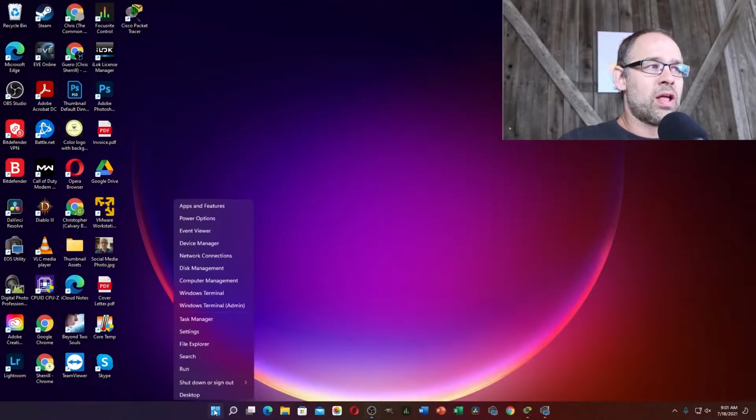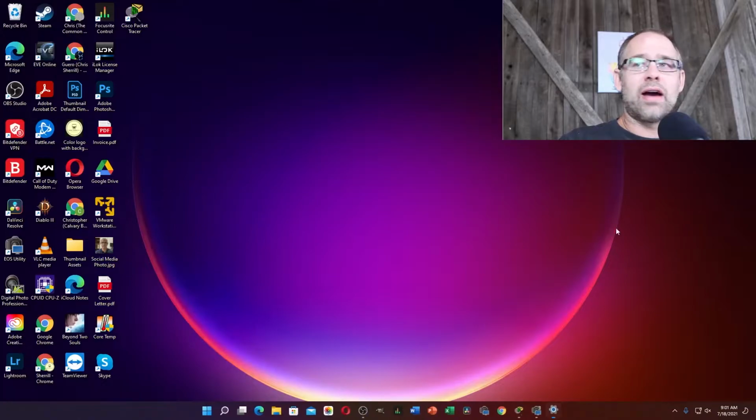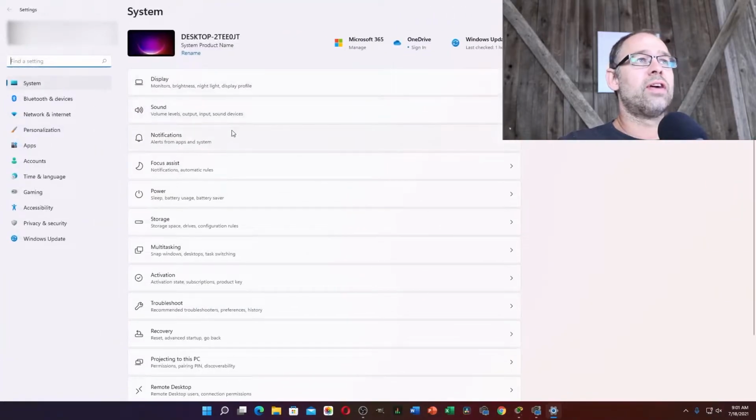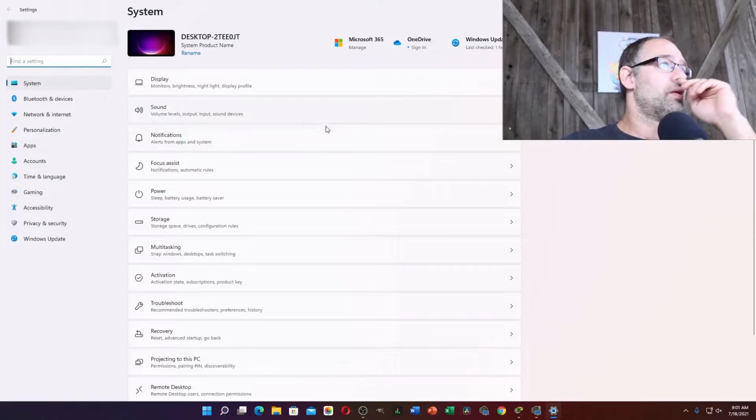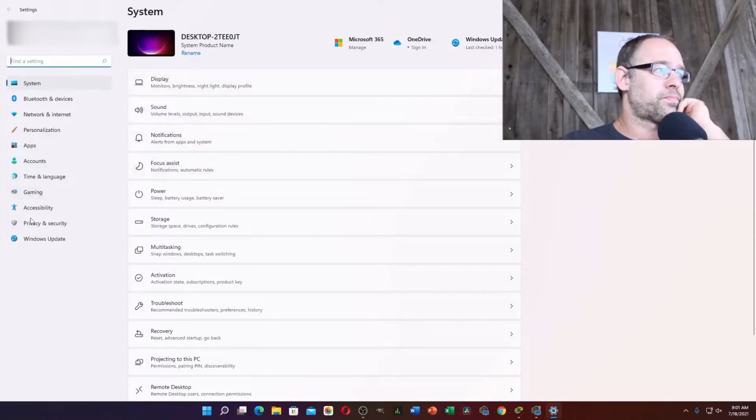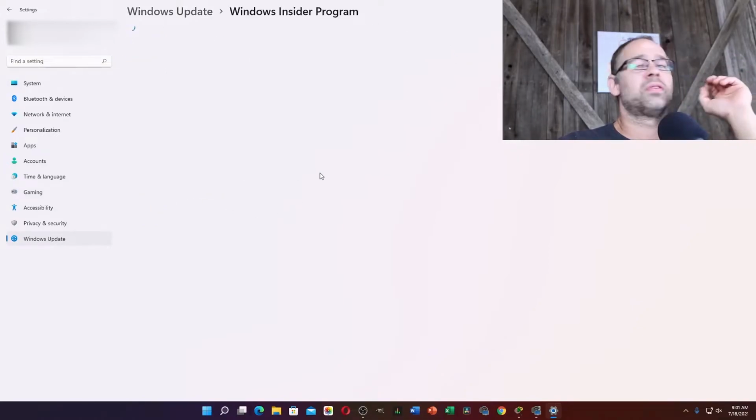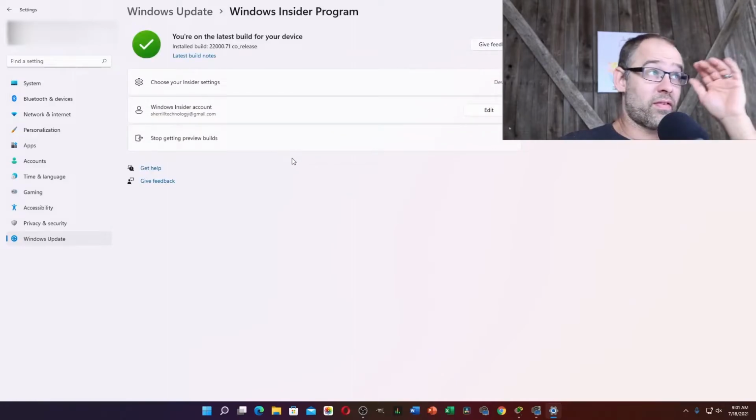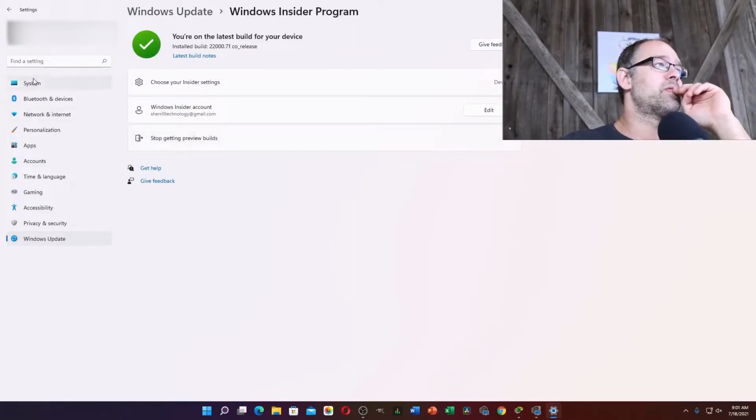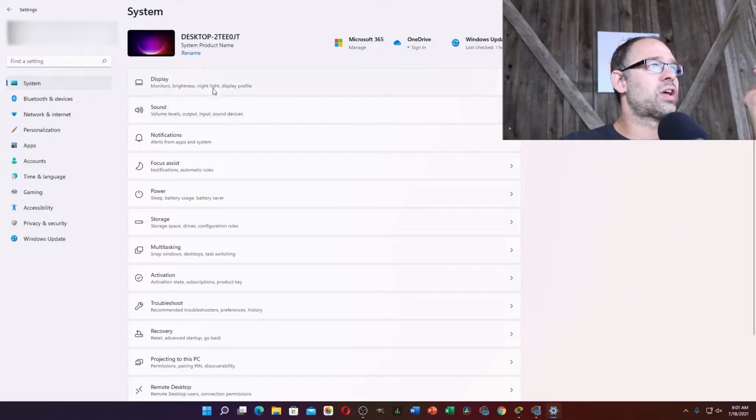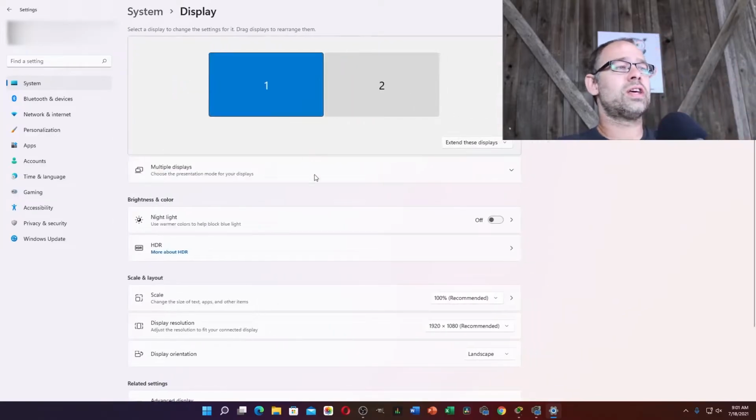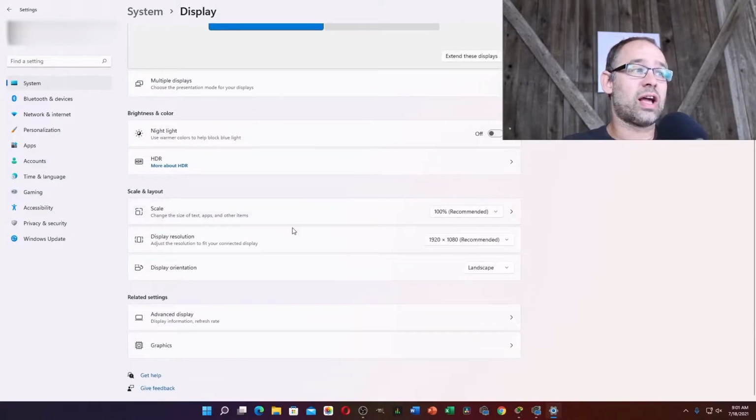Now, the settings menu is where I've noticed that there's a lot of difference. Like Windows Update, it looks a lot different. Here's the insider stuff that I went over in one of my very first videos. So let's go to System and look at some of this stuff. Under the display, it's a lot easier to move things around. It was simple to change my